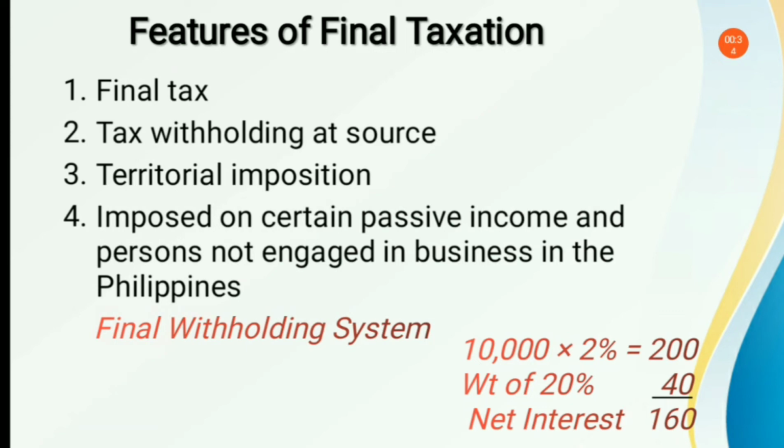Supposedly, 200 pesos yun. Kaya lang, under the final withholding tax system again, si bank nagwi-withhold siya ng tax. And here in the illustration, that is the 40 pesos. So, the 40 pesos tax which is deducted at source is a final. So, ibig sabihin nun, si taxpayer, which in this example is the depositor, hindi na niya kailangan pang mag-file ng income tax return in order to report his interest income. So, si bank na yung bahala nun. So, si bank na yung mag-remit kay BIR, no? I-remit ni bank sa BIR yung lahat ng mga taxes na na-withhold niya.